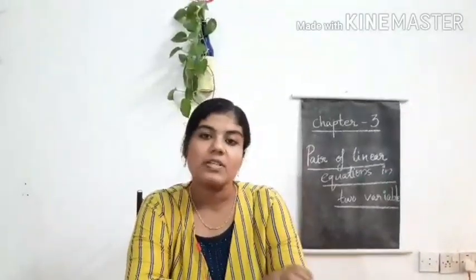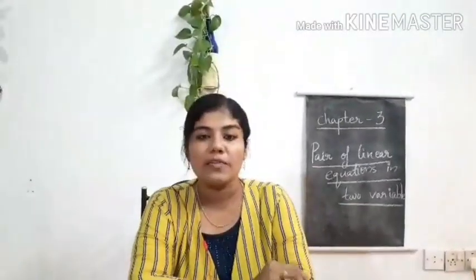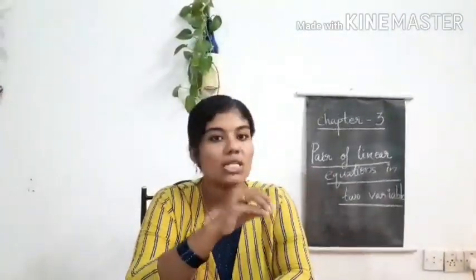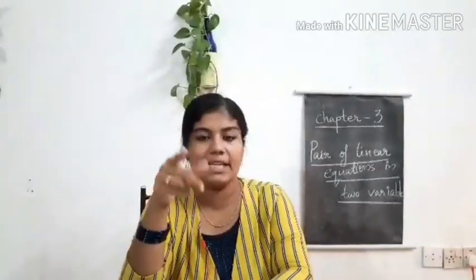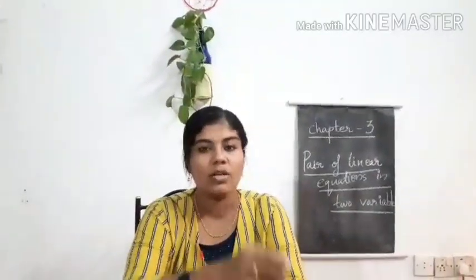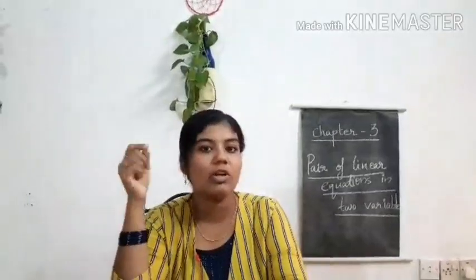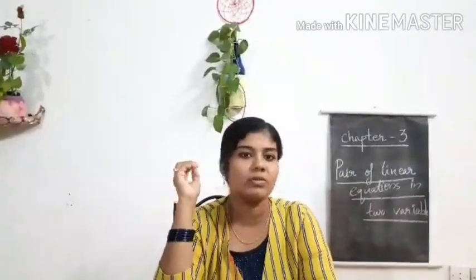That is what I meant. Either x or y, that is based upon you. You just have to multiply with a non-zero constant. Note that word, non-zero constant, meaning it should not be 0. Any one of them you can do. Sometimes we have to multiply both equations by some number. Suppose we take the first equation and multiply by 2, and the second equation multiply by 3. Through examples we can get to know more about this method.